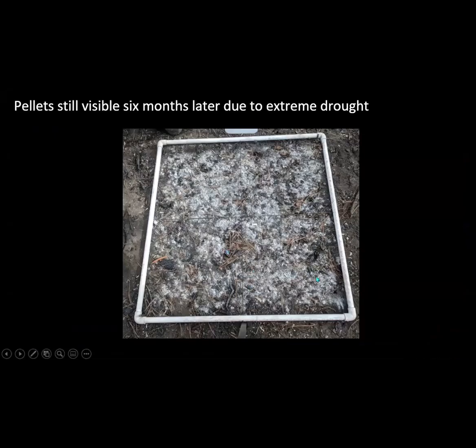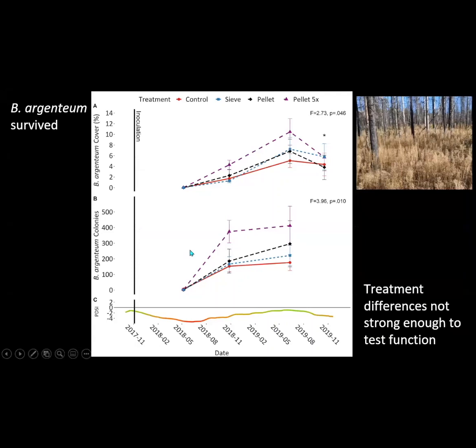Pellets were still visible 6 months later due to that same extreme drought that occurred over in New Mexico as well. So this is a picture 6 months after that last picture I showed you. So it did protect the moss, but that drought was just so extreme and exceptional that we saw almost no moss cover or colonies at all that first season,